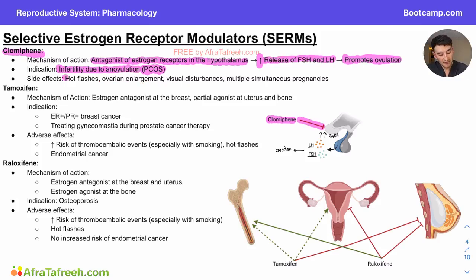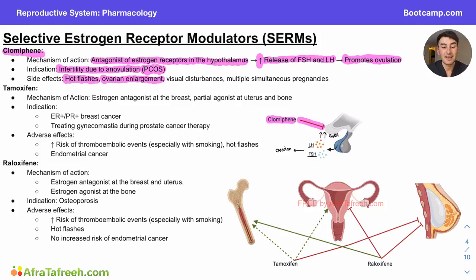So we're going to have hot flashes, and this is because at the end of the chain, we're going to have increased amounts of estrogen being produced by the ovary because of an increase in luteinizing hormone. Additionally, we're going to have ovarian enlargement, and this is because the follicle stimulating hormone is going to be stimulating more and more follicles to grow, and people with PCOS already have huge ovaries, so this can actually be problematic